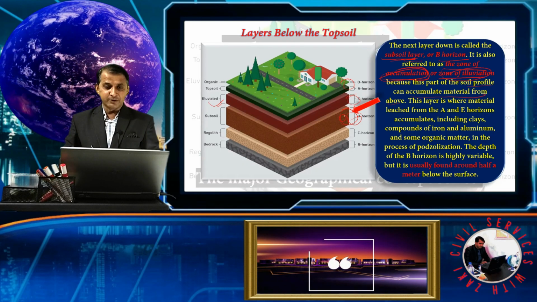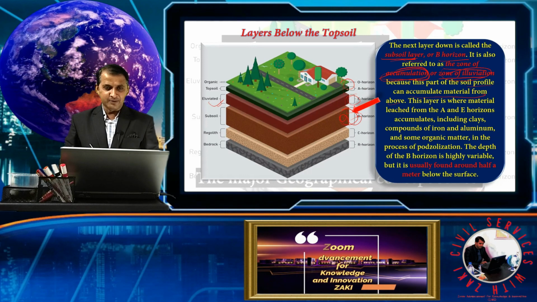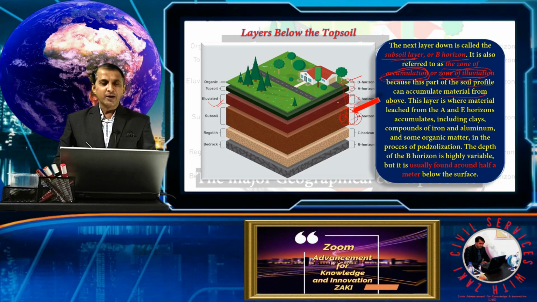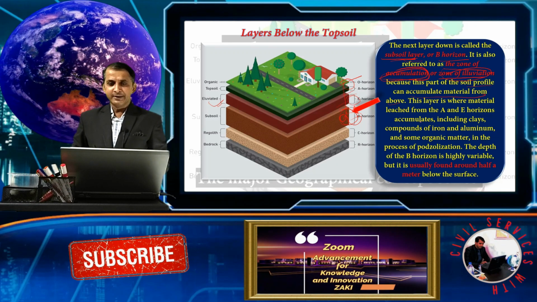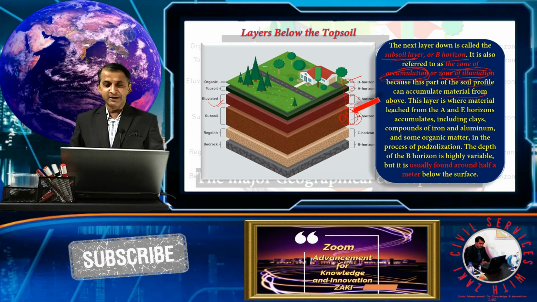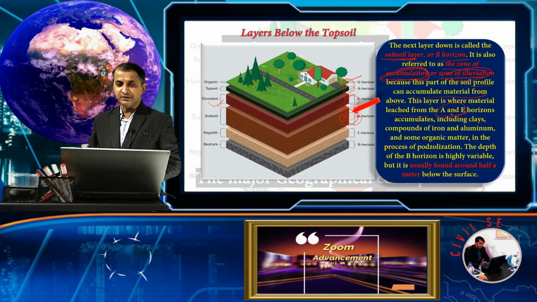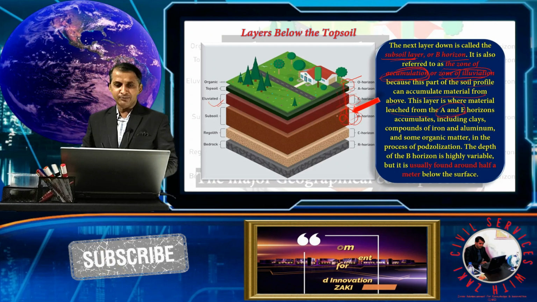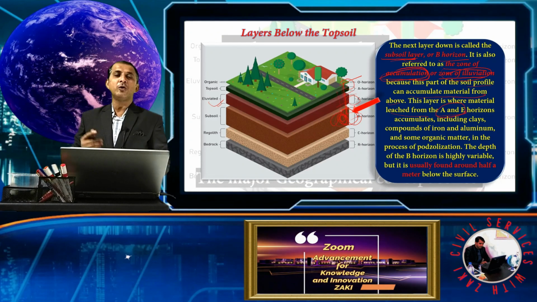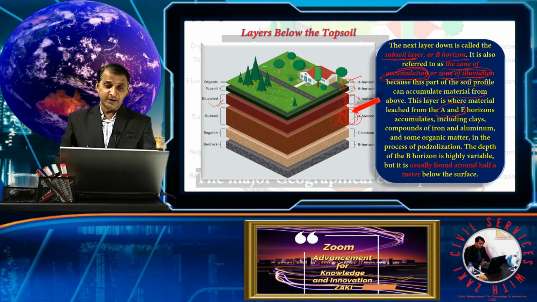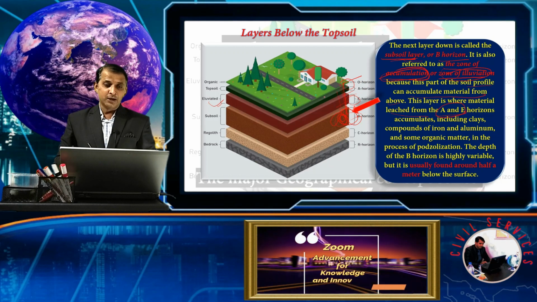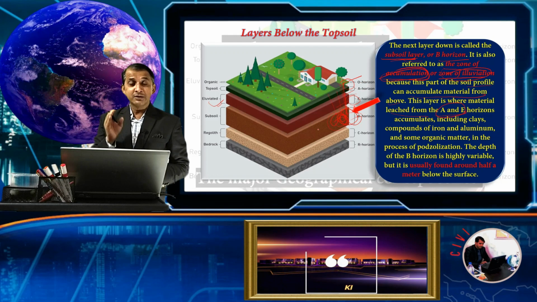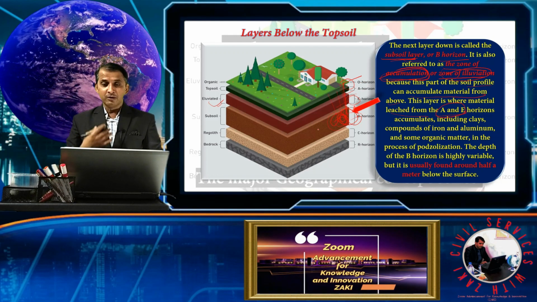This type of soil accumulates material from above, meaning from the O horizon, A horizon, and E horizon. This layer is where material leached from the A and E horizons accumulates. Some material leaches here and finally reaches this layer. So all the materials from the O, A, and E horizons accumulate in the subsoil, and it is called the B